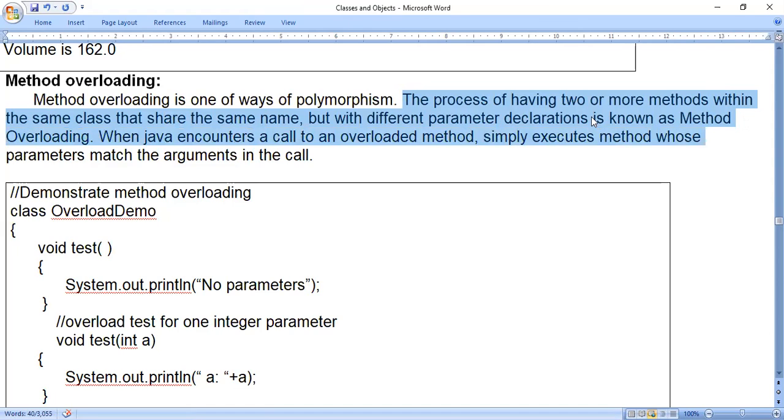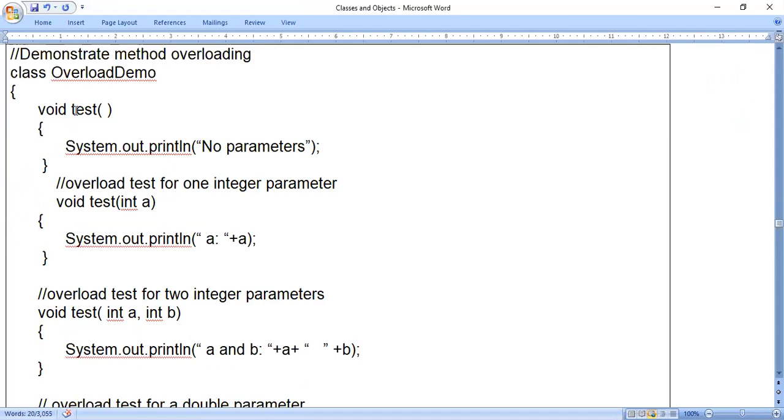Different parameter declarations means either the number of parameters should be different or the data type of the parameter should be different. Then that is called method overloading. When Java encounters a call to an overloaded method, it simply executes the method whose parameters match the arguments in the call. So we will see in the program. First we will see this